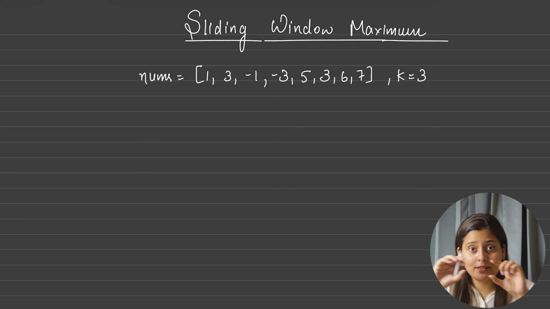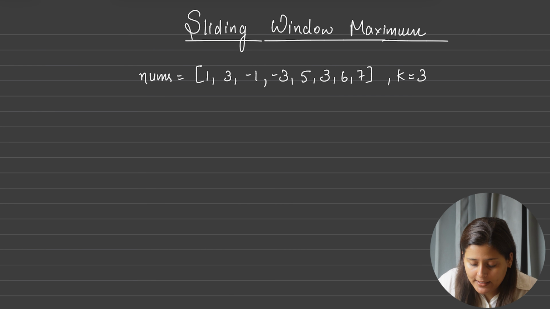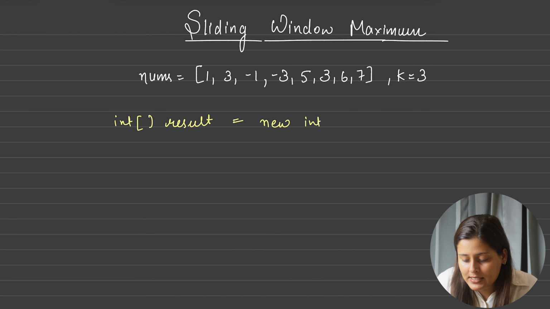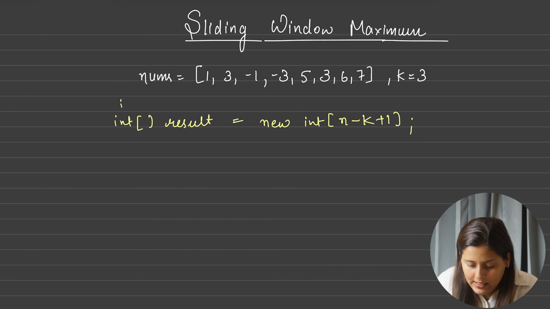So we have to return the resultant array. So can I create a resultant array here? That will be of integer type, and this will be result, and I want to initialize every value with 0, let's suppose. So new int, and I will give the size, and the size will be n minus k plus 1, as we just saw, and this n we will calculate here, nums.length.